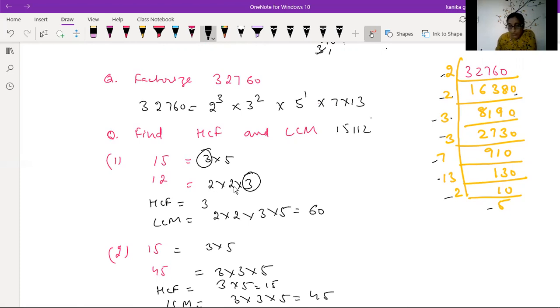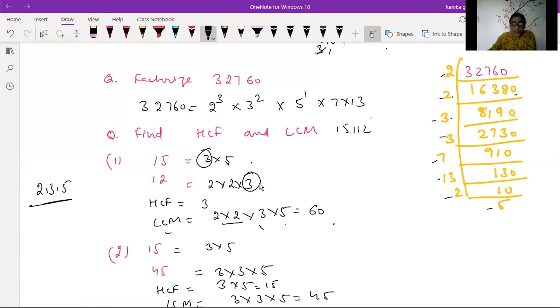Now we have to find the LCM of these numbers. First of all, we observe the numbers: 2, 3 and 5. Here 2 comes 2 times, and in the other number there is no 2, so for the LCM we take 2 multiplied by 2. Here 3 comes 1 time and 1 time, so maximum 3 comes 1 time. Here 5 comes 1 time, and in the other there is no 5, so maximum 5 is 1 time. When we multiply, we get the result 60.